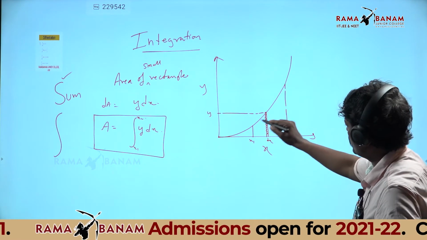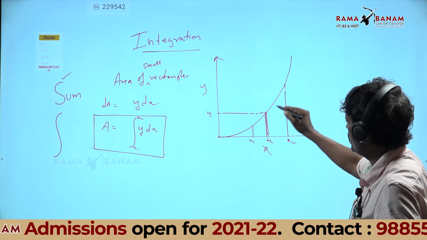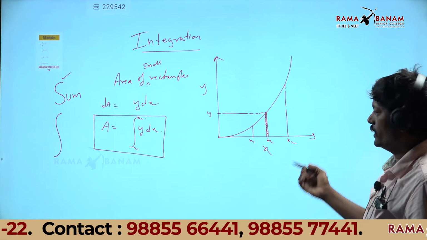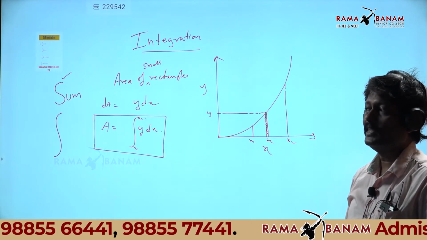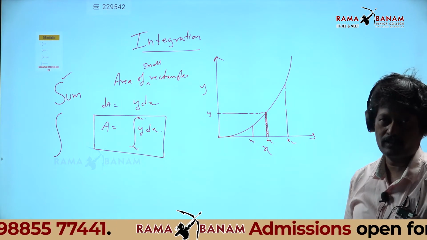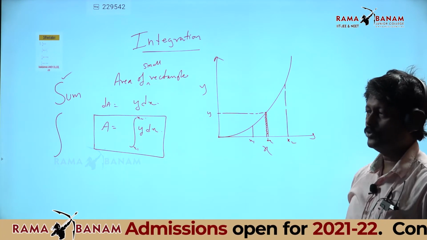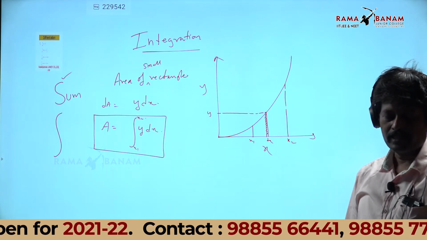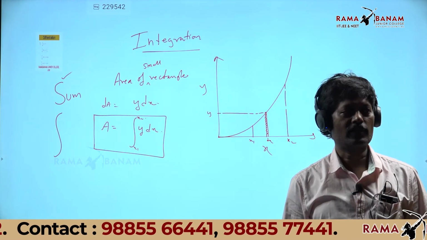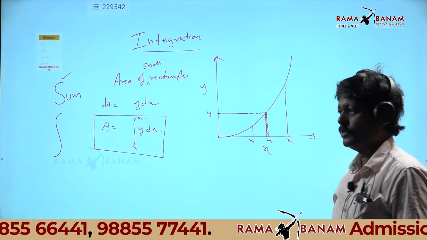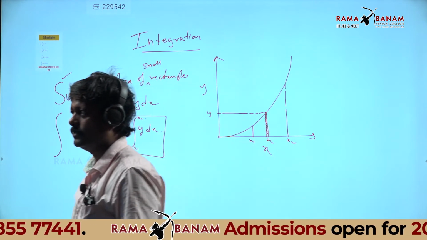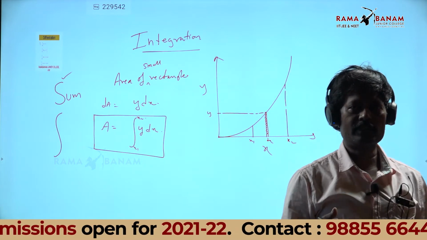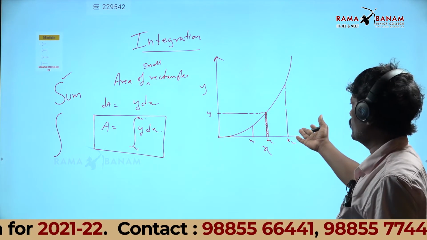Because if I shade all this part, it is not a trapezium, it is not a straight line, it is a curve, it is not a rectangle, it is not a triangle. That is why we adopted this new procedure called integration. So when you are not able to find area by standard formula, what is the standard formula? Formula for a triangle is b h, for a rectangle length into breadth, for a trapezium h into a plus b, but I cannot use this formula here.